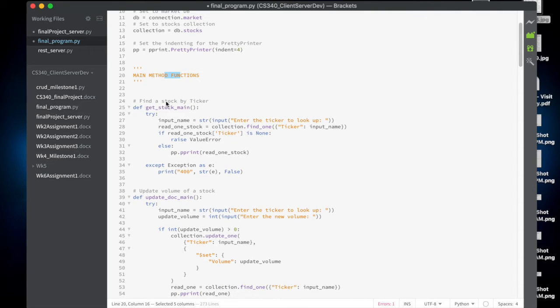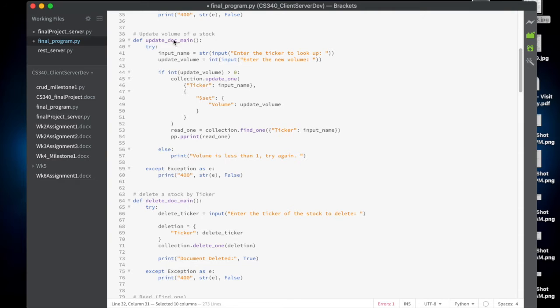We're finding a stock by its ticker symbol, requiring input from the user. All of my functions in main require input, and I'll need to make sure that the input from the client is safe. So I'll need to address the defensive programming and security aspect of that. Nonetheless, we've got input from the user, which will go into this query, collection.find_one, and if the ticker does not exist, it'll return an error, and if it does exist, it'll print out the stock